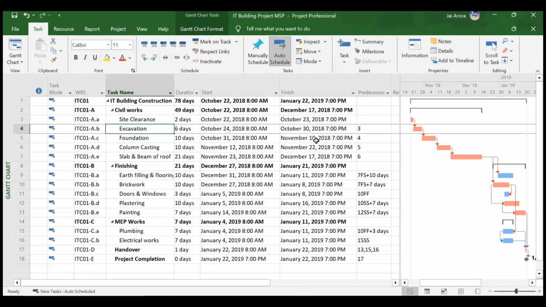Resources can be broadly categorized into your labor, your staff, then your equipment, plants and machineries, and your materials. These are some broad categories of resources, but in your Microsoft Project these resources are classified as your work resource, then your cost resource, and then your material resource. We will slowly and steadily learn about these three kinds of resources, but first of all I'll show you